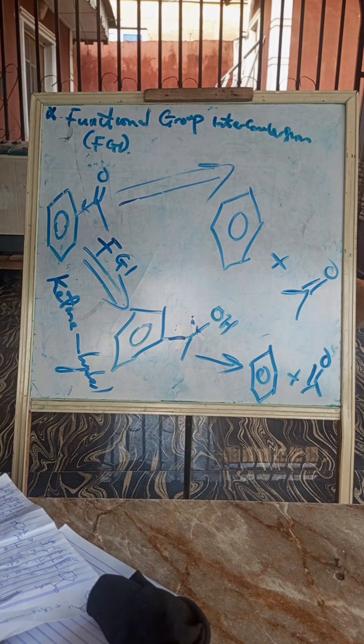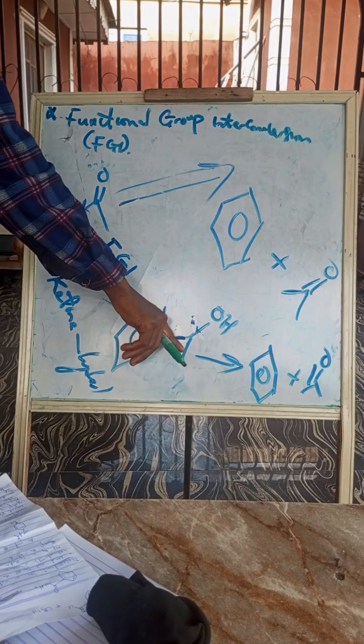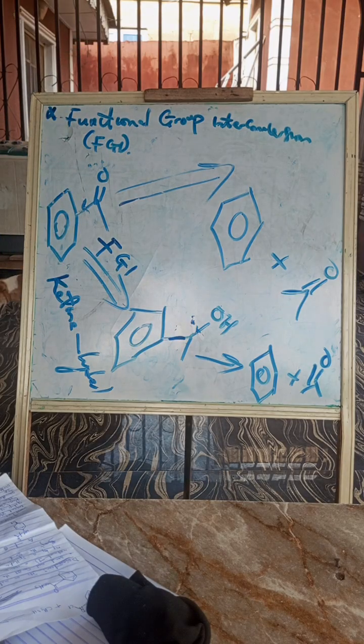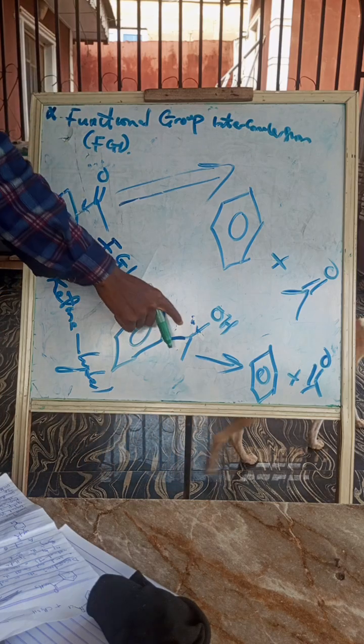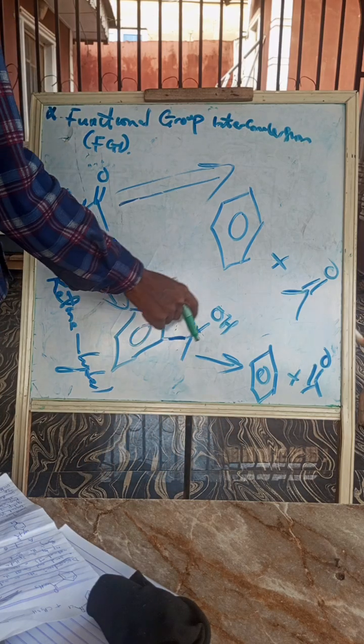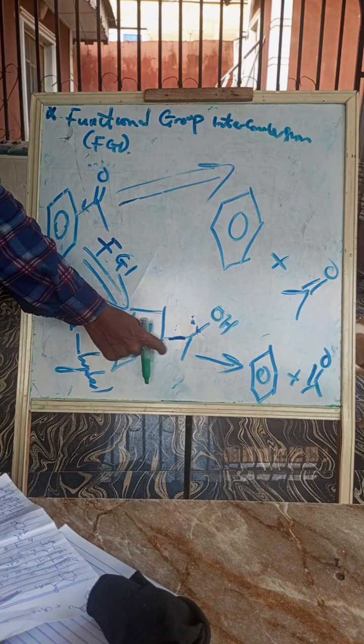So you don't just cleave. That is where regioselectivity comes in. Regioselectivity will pinpoint where you should cleave. If I cleave from here, will the product I get be a reasonable product? Or if I cleave from here, will the product I get be a reasonable product? But if I cleave from here,